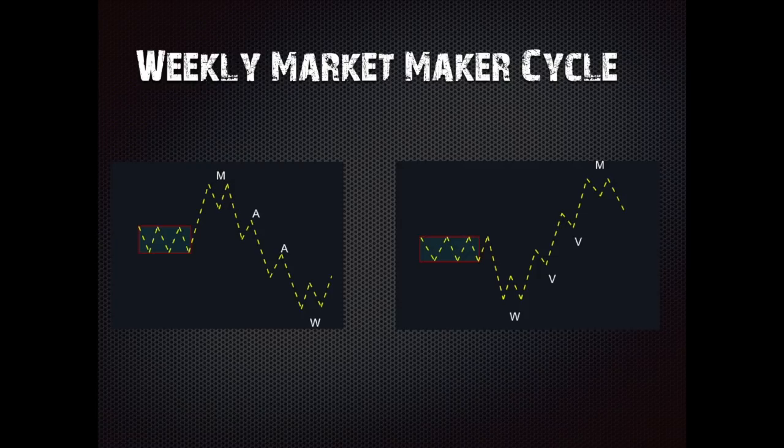Okay, so you'll have the Asian range, you'll have the false move to the high, they'll come back, they'll hit the high again to get more traders to buy, and then it drops,